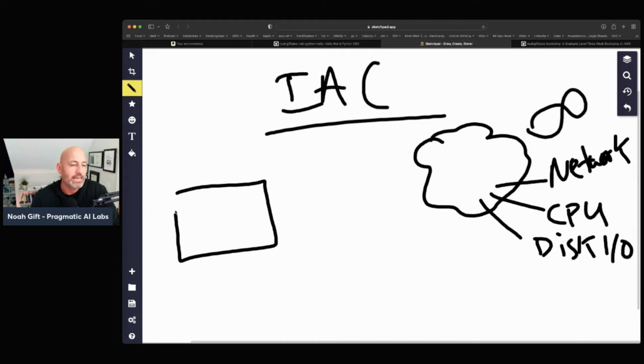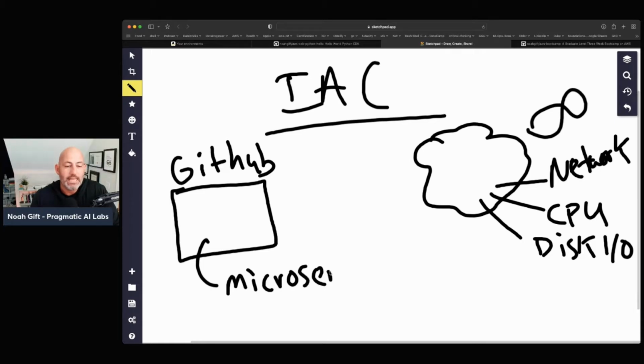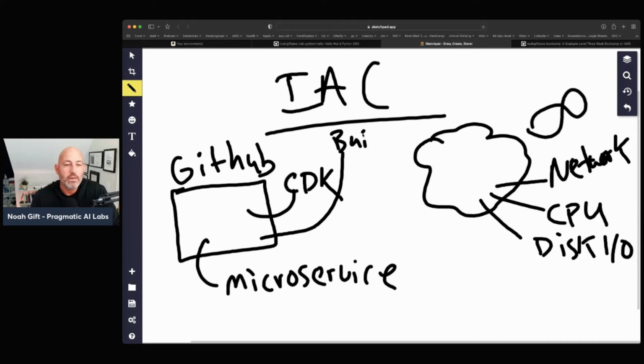So what that means is inside of your source control repository where you would build out a microservice, for example, in GitHub, you build out a microservice. Alongside that, you would also build out your infrastructure as code, and this would live inside of here. This could be, for example, Amazon's Cloud Development Kit or Google's Cloud Development Kit or Azure's Cloud Development Kit, whatever cloud you're on. And then every time you push a change into the build system, that build system would not only do the things that most projects would do, which would be install your code, go through and test your code, but it would also deploy your code.